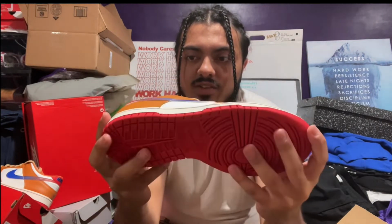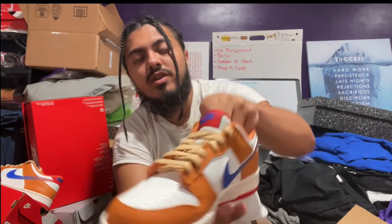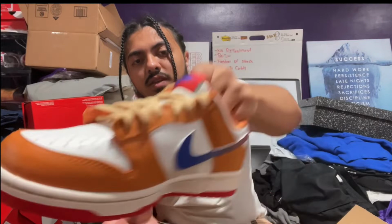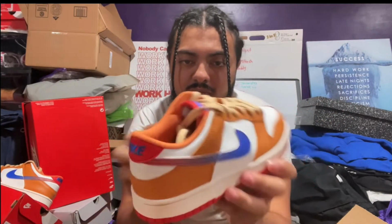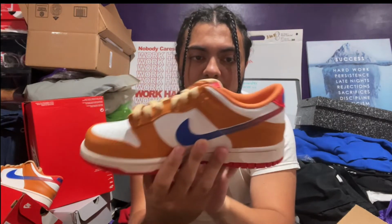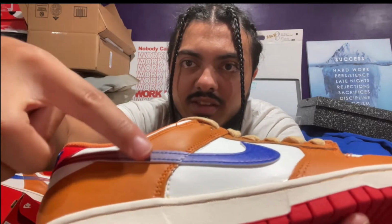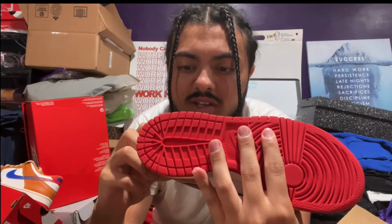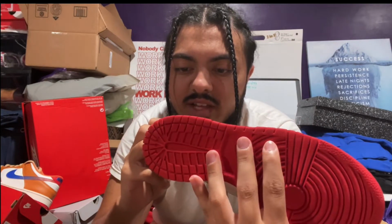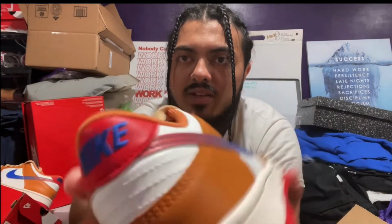The shoe right here itself, it got blue and red on the Nike logo right there. And then, of course, the bottom red that I showed already. And then over around, you got the blue Nike logo. And like I said, if you look into it, it blends into a different shade right there. You can see it blends into like a bluish, then like a white glitter, then red. And it goes all the way to the back until it goes to the back heel with the blue logo